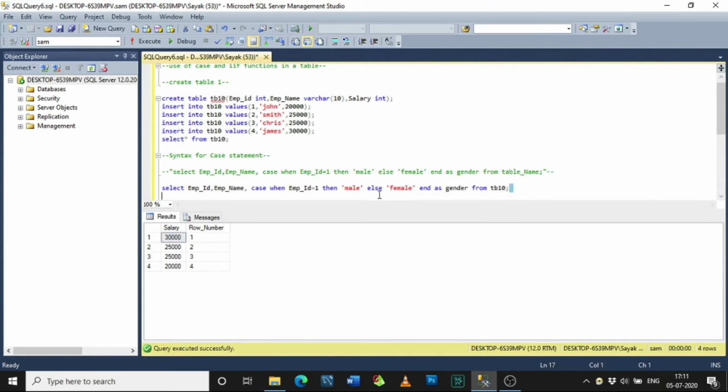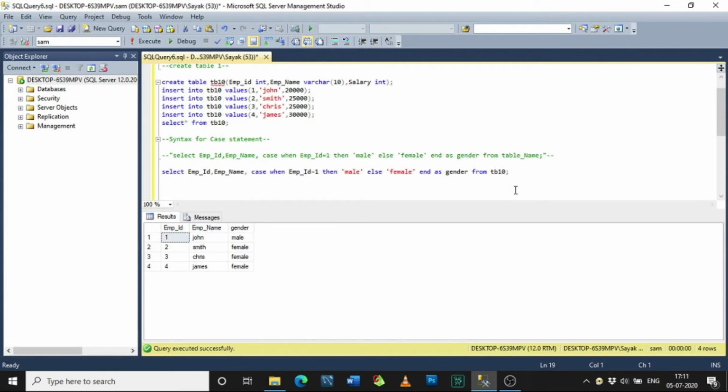Select and execute the statement. As you can see, a separate field is generated as gender, and it has considered only employee ID 1 as male and the rest are female.